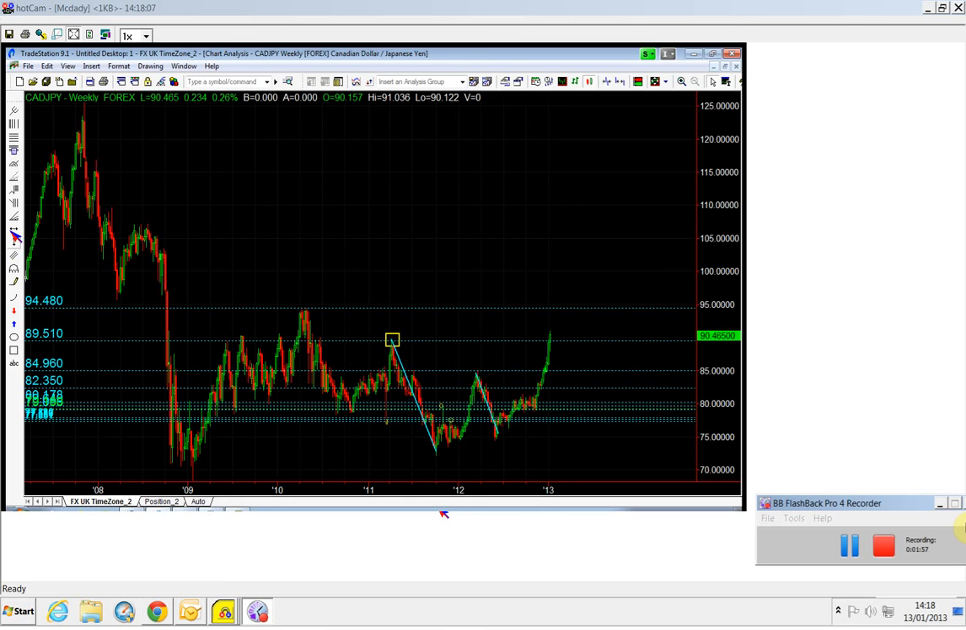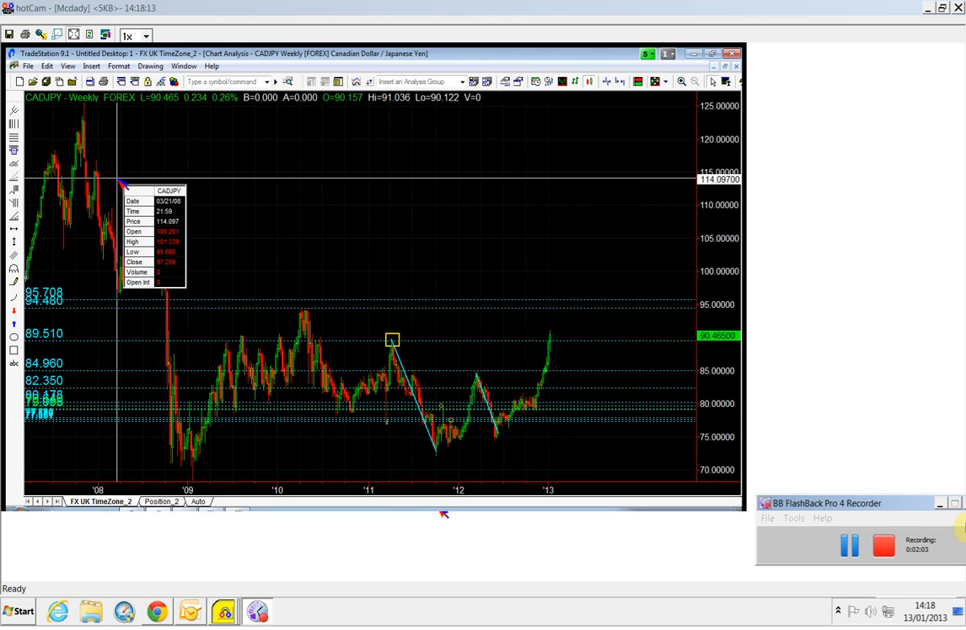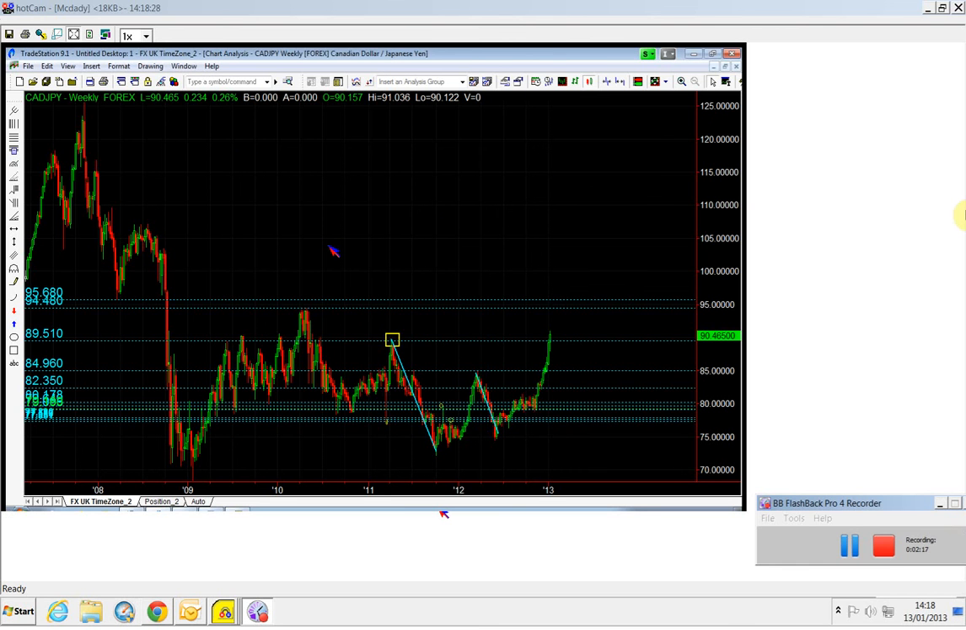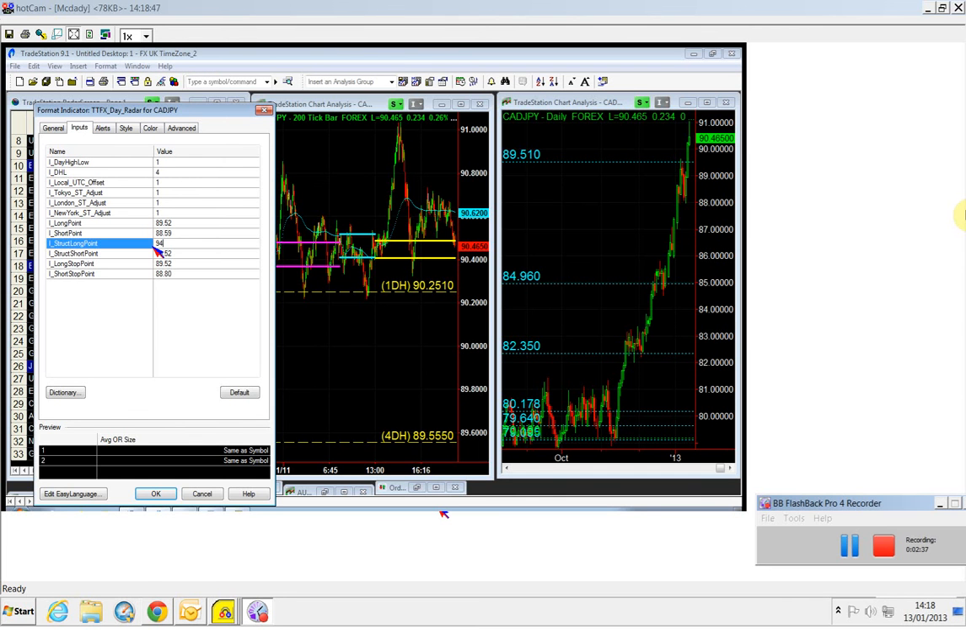Okay, and we have a structure point here, which is the 95.68. So those two zones will create a thick barrier. As you can see, they're pretty close to each other, so they're going to create a barrier. But at least we're going up to the 94.48. So my structure long point is 94.48, and